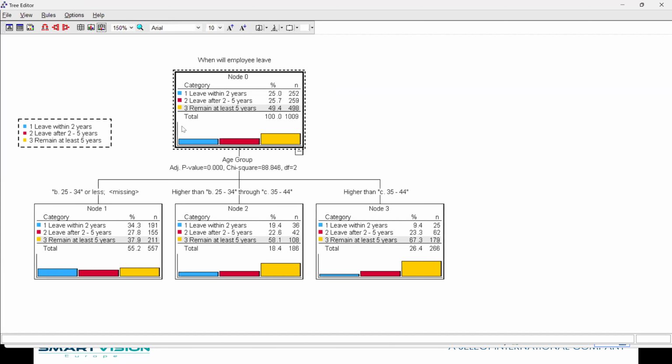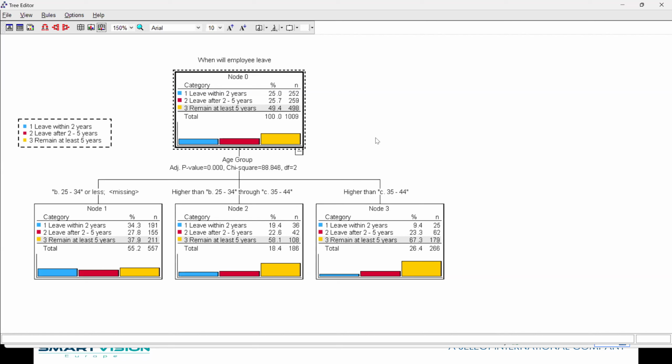I'll change it to label ranges as text. It says higher than B through C. That just means the C group, which is 35 to 44. So people aged 35 to 44 are in node 2 here, and 19% of them say they'll leave in 2 years. And then we get higher than C, which is group D, people higher than 44. Only 9% of them say that they will leave within 2 years, and 67% say they will remain at least